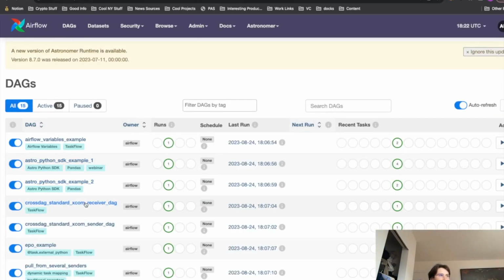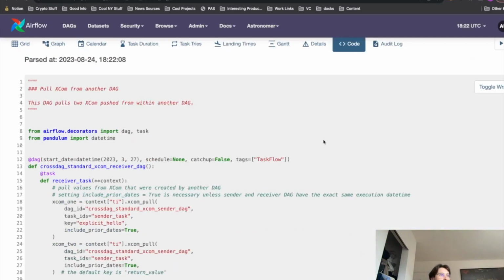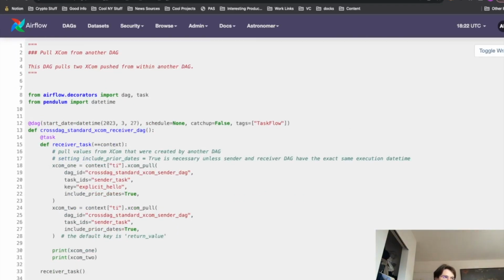So to actually receive this task information from a prior DAG, it's a good amount of code, but not super complicated. I mean, it's just annoying that you have to have 5 lines to actually pull in an XCOM from a previous DAG, but I'm probably just a little too nitpicky. And so what we're doing here is to actually pull that value from another DAG. You're still going to be using that context ti.xcom_pull method, but here you're also going to pass in the DAG ID, task ID, your key, so it knows to take that specific key value. Otherwise, it'll default to your return value. And then you can say include prior dates,